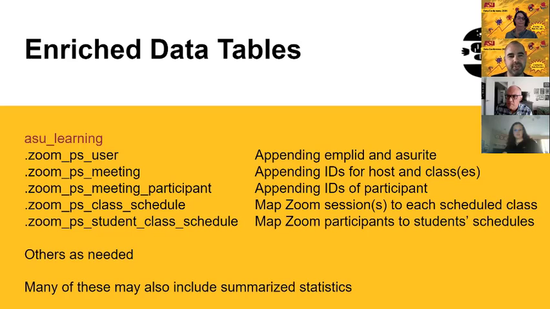Or this student's schedule, right? On Monday, they're supposed to take Math 117, then they take English 101. So you'll see the student schedule and then indicators for whether or not they actually attended a class remotely using Zoom at those points in time.